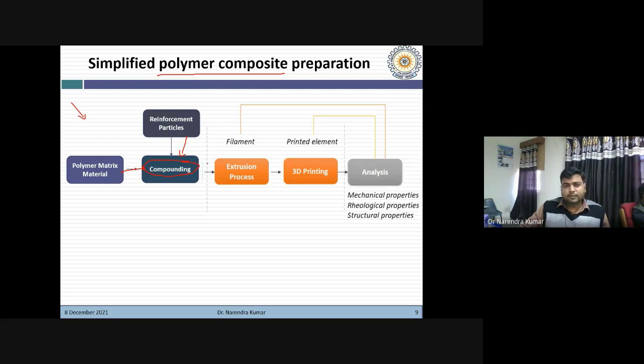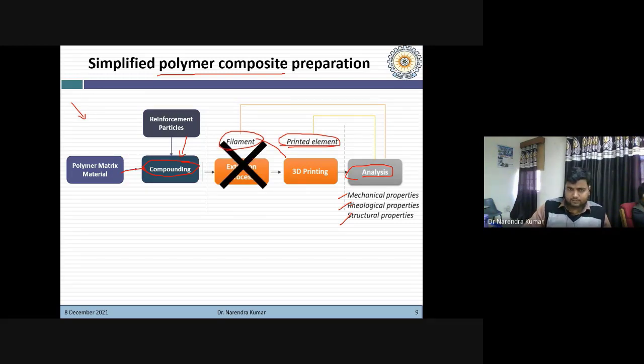After compounding, we extrude the compounded material to get the filament. Then we feed this filament for part fabrication or part printing. Here you can see the printed elements. Then we can go for analysis, where we can assess mechanical, rheological and structural properties of the printed parts.